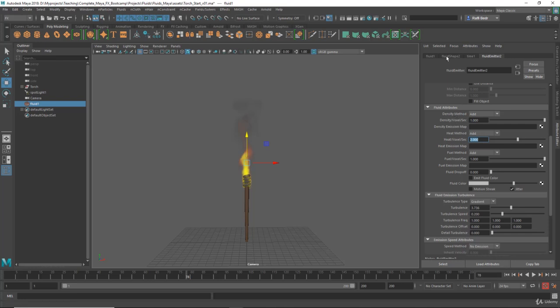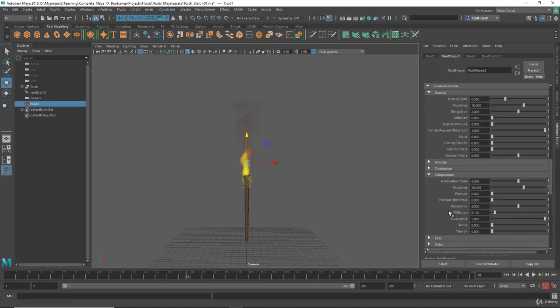Let's go back to fluid shape 1 and see the temperature. I think I'm going to add a little bit of noise, 0.1. I think it's enough to add just a little bit of noise on the temperature. Okay,